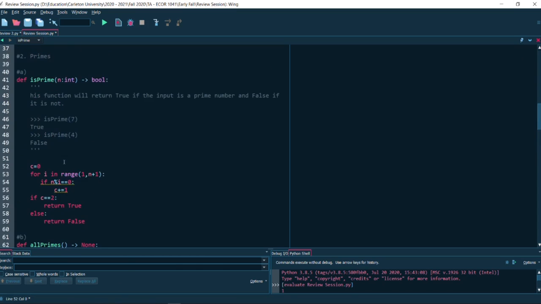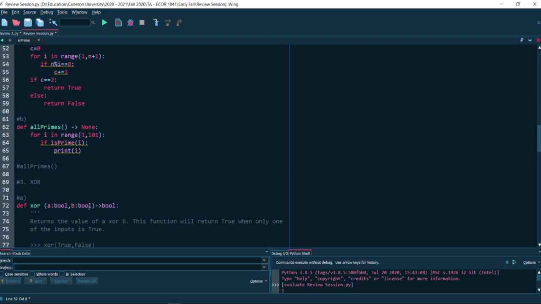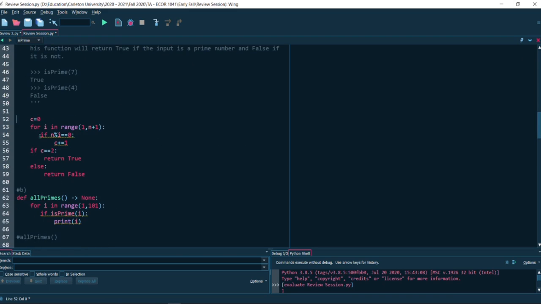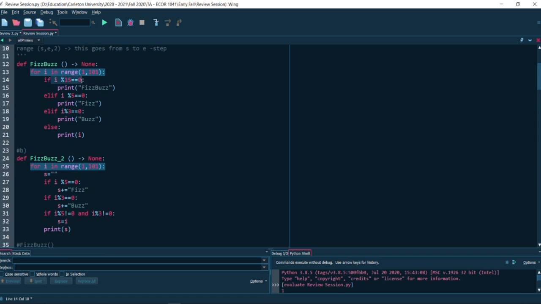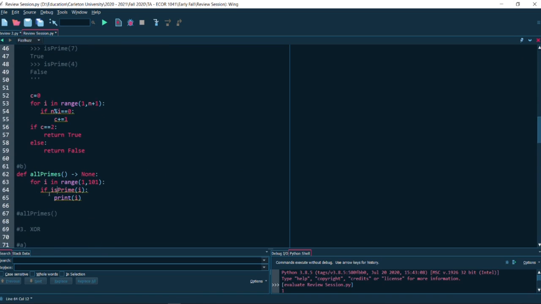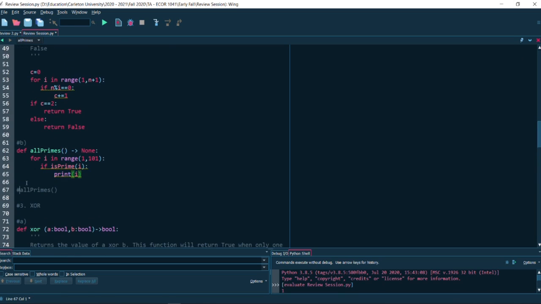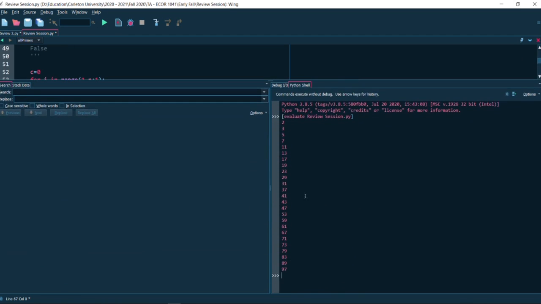Now, the other part of this problem is really similar to the FizzBuzz problem, because now you have the is prime function, use that function to print all of the prime numbers. So this is the exact same situation as FizzBuzz. I'm still checking numbers from 1 to 100, except now my conditions change. Instead of checking divisibility by 15, I run my prime function, and if my number is prime, I will just print that number. And you can see that that program works.